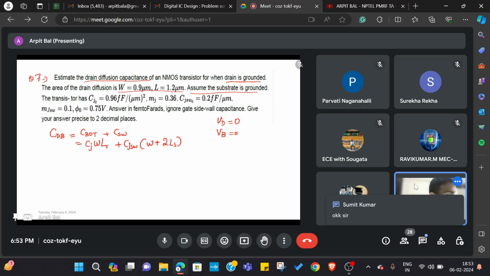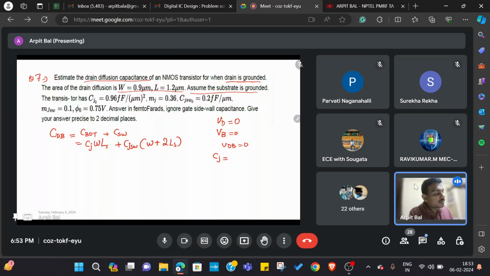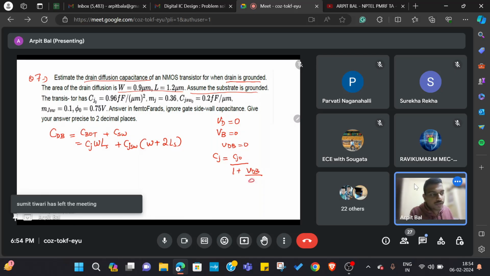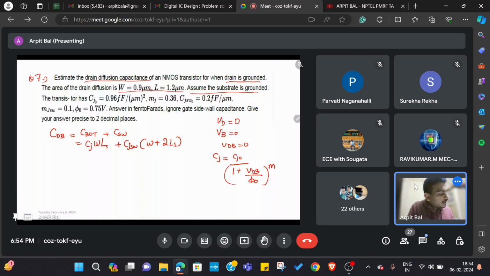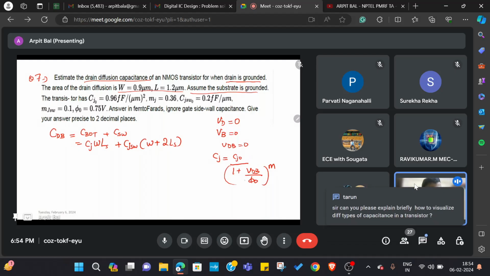So our Vdb equals 0, which means our Cj will be equal to Cj naught. I'll tell you why: because Cj equals Cj naught by 1 plus Vdb by phi naught, whole power m. And because our Vdb is 0,